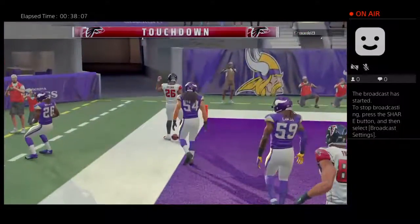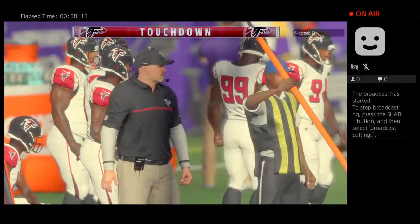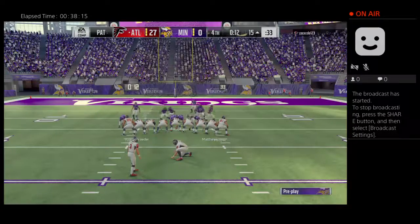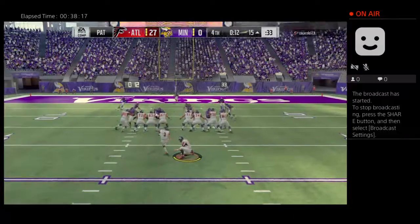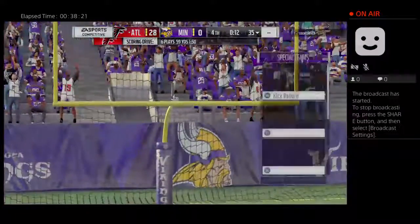Touchdown, Falcons. Tevin Coleman, 36 yards. And the Falcons will extend their lead. I tell you, Charles, you play to the final whistle, I get that. But there are a few folks that might not be too happy